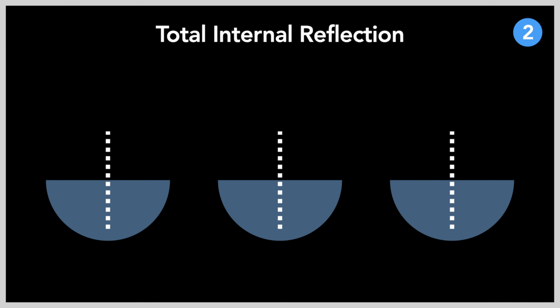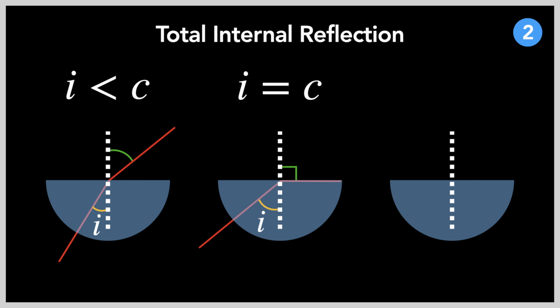Here's an extension. The angle of incidence and the angle of refraction are directly proportional to one another. So when the angle of incidence is equal to a critical angle of incidence, it would look something like this. Total internal reflection is when the angle of incidence is greater than the critical angle, and the light ray is reflected off the internal surface of the denser medium.